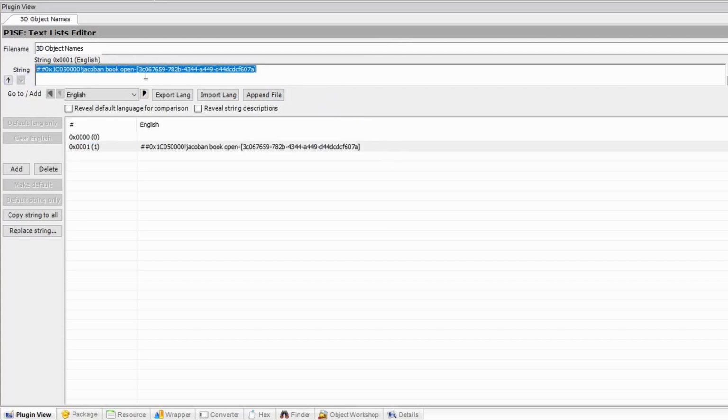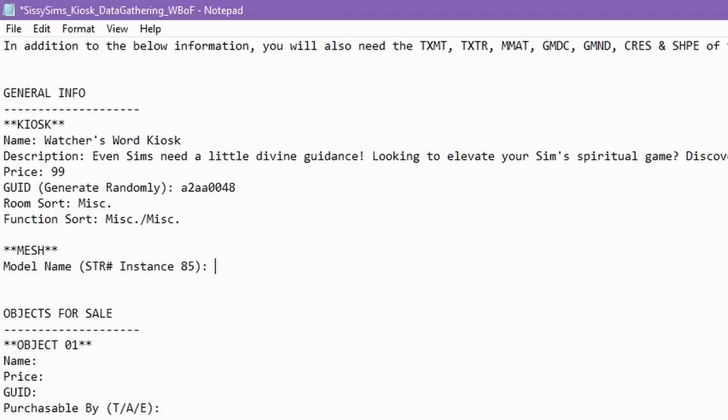Now, in the string box, you are going to highlight this and copy it. I'm using Control-C on my keyboard. Go back to your data gathering sheet and paste that information. Now that you have the model name, there is one other thing that we need to do while we have